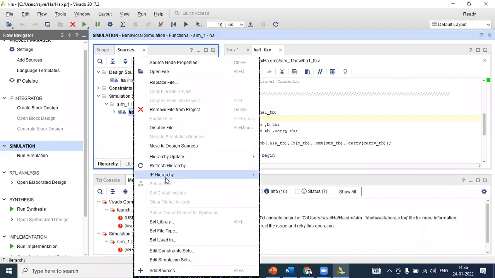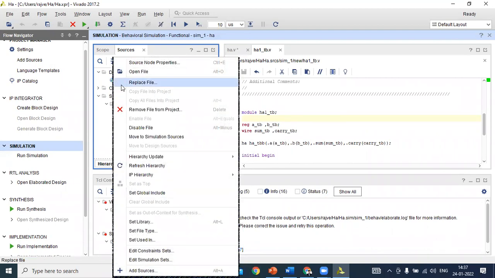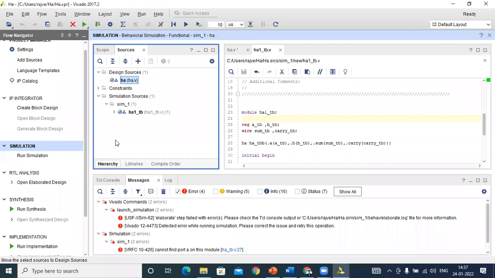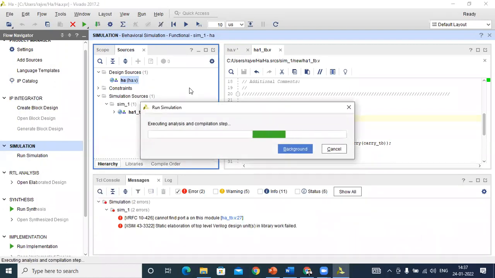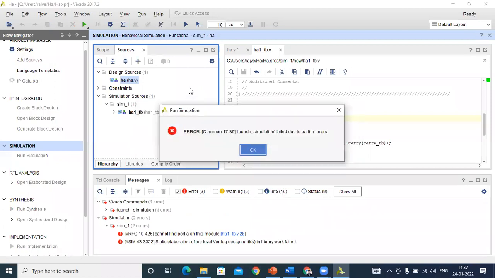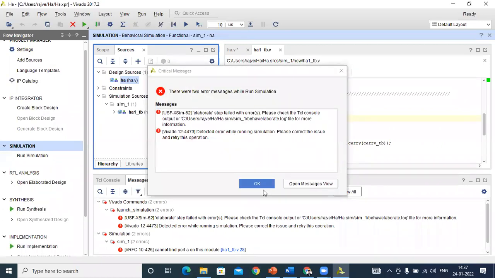In this window, set as top is already set as top. After that, simulate. I think license.